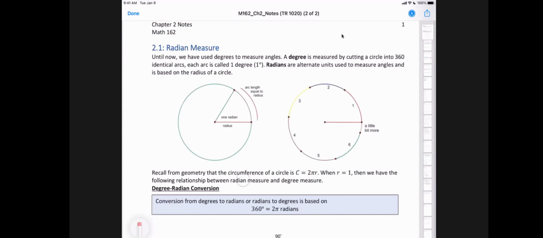If you recall from geometry, the circumference of a circle, that's like the perimeter, the edge of the circle, or going around the circle, is 2 pi r. If we fix r to be 1,